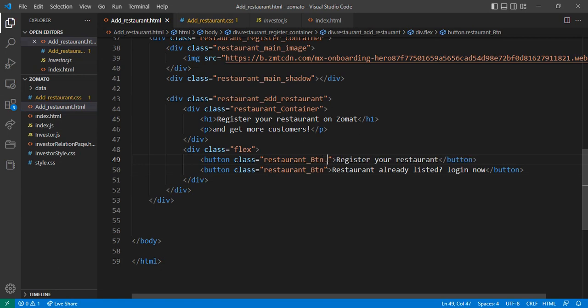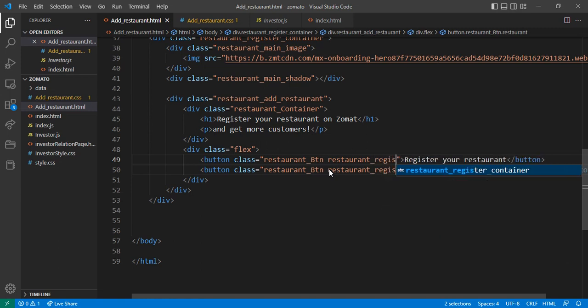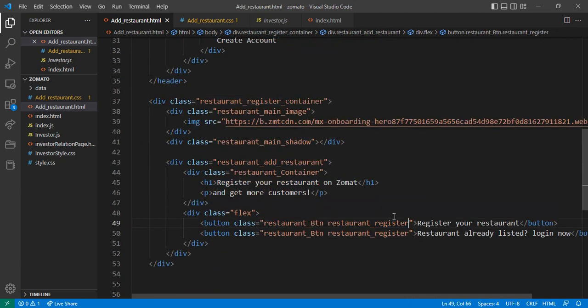Here I want to add, press alt and click these two, and here I want restaurant register. Now copy this class name, restaurant register btn. I just forgot it. Yeah, and just copy this class name